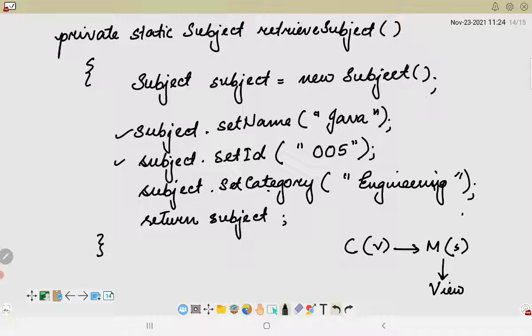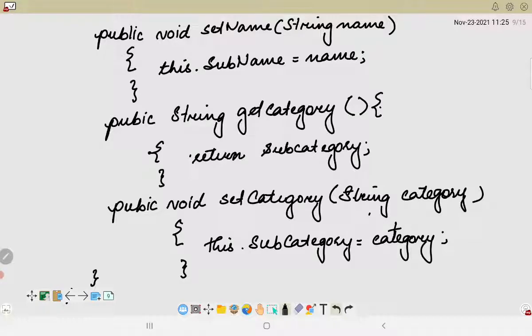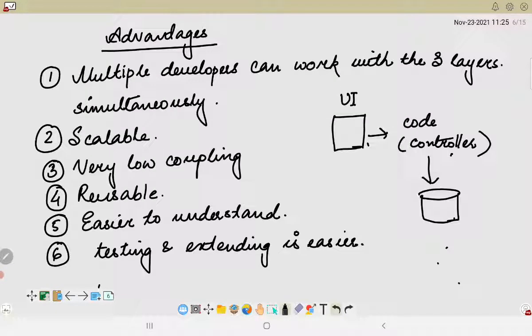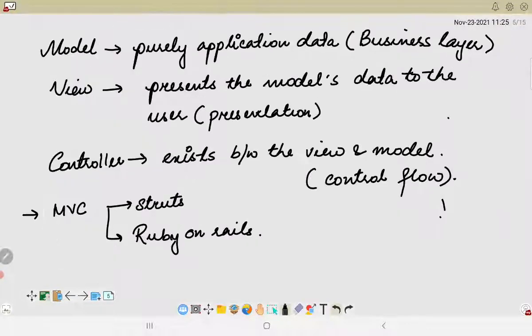Okay, so this is how basically it works. However, it will be much more clear when we will be doing this kind of model, view and controller in our subsequent sessions. In today's video, we just got an overview of how things work in a particular model, view and controller paradigm, or in this particular design pattern. Okay, so we will look into more of this in detail in our subsequent sessions. Thank you.